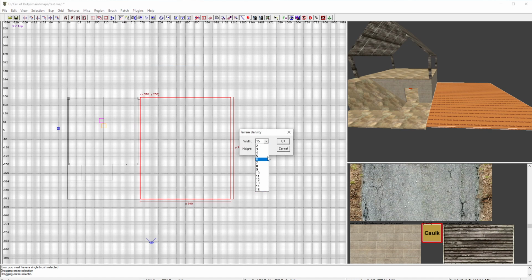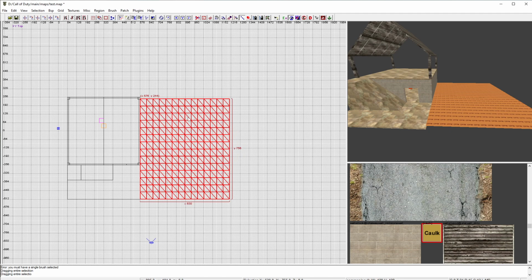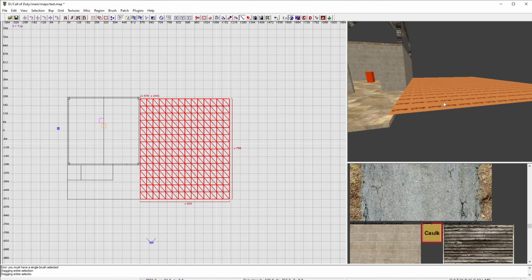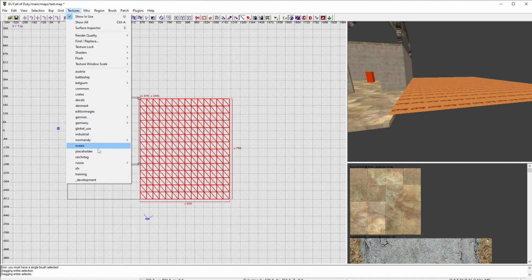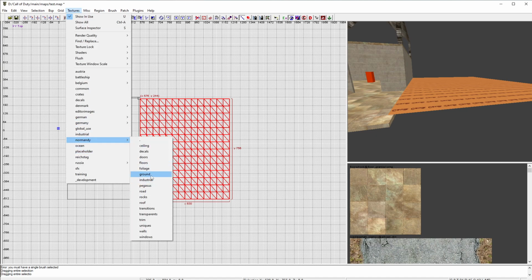Alright, you can select a number here. This number, width and height, are going to section your terrain mesh. You will see when I press OK, you have these parts here. I want to give that texture a real quick grass texture. I'm going to Normandy ground